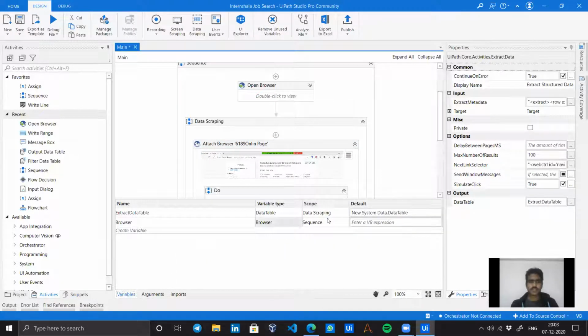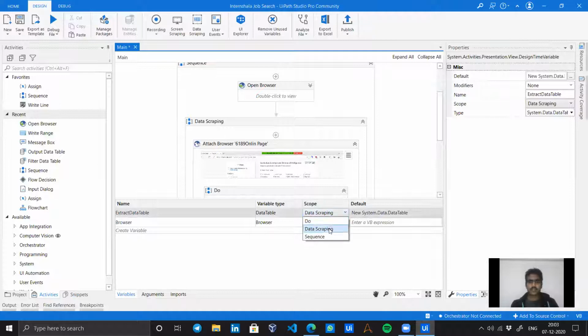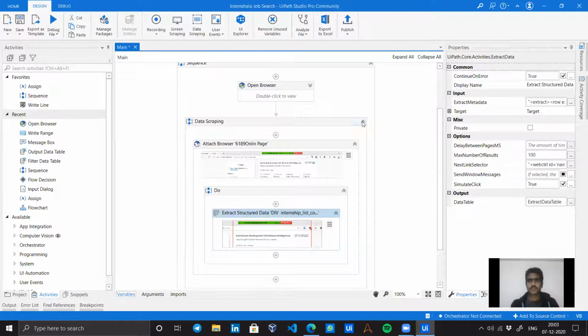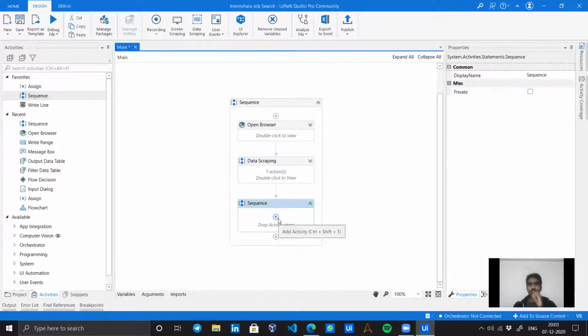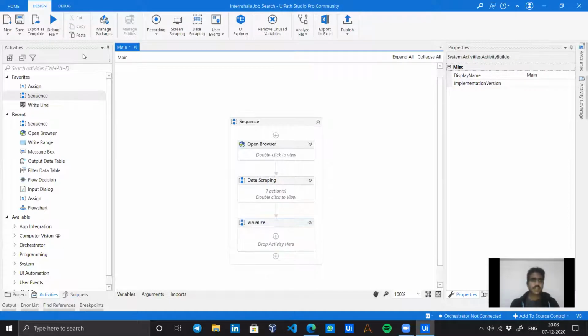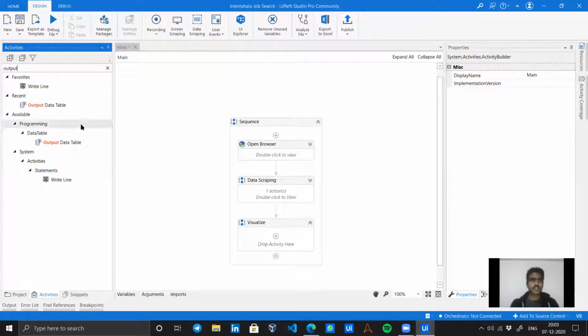Now we have created an extract data table also. Let's go to this and change the scope to sequence, because we want to use this variable further. Now I need another sequence. We want to visualize this data. So first I will write visualize, and then I can use output data table.